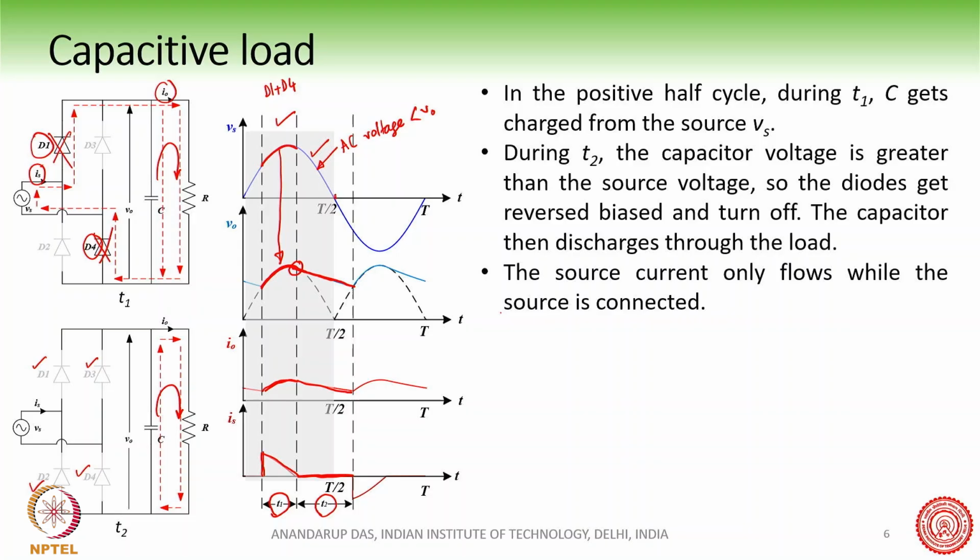Now in the negative half of the AC cycle, again the rectified voltage waveform is something like this. It will again hit here, where the instantaneous AC voltage will become more than the V0 voltage, and therefore the diodes will again start to conduct, but now the diodes D2 and D3 will conduct here, and then it will follow like this. And here, therefore, the current is something like this.